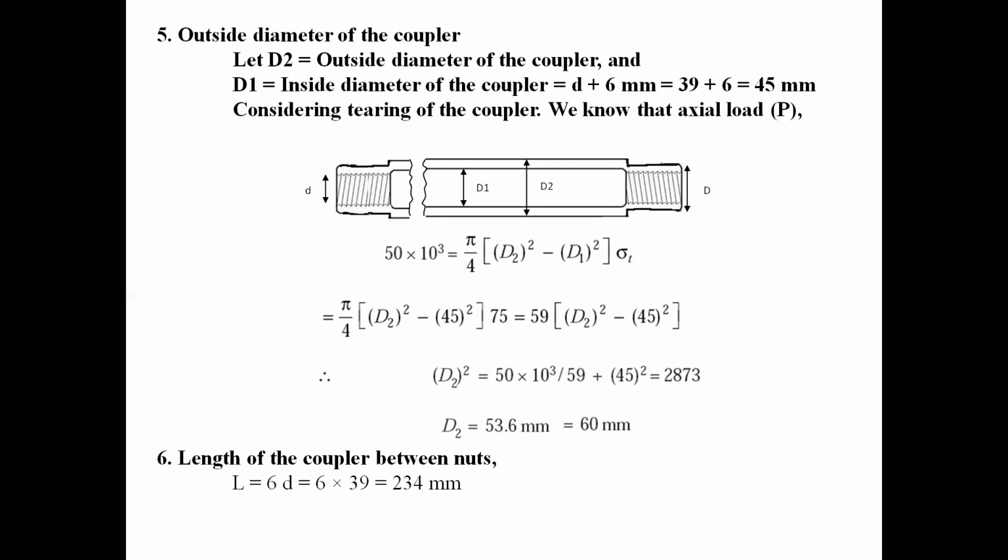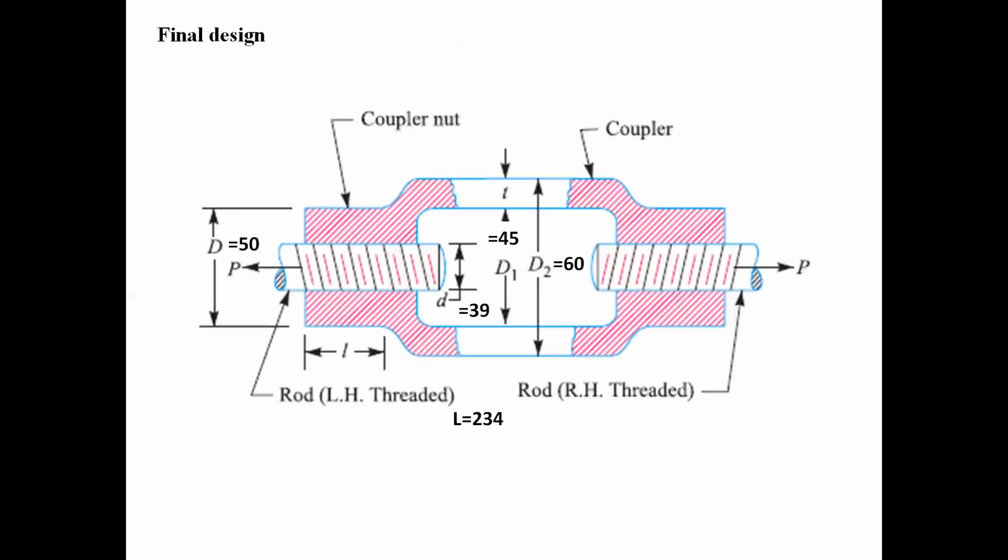If you put all our design dimensions in the figure, there is also a T which comes out 0.5 D. Final design, you can look at the picture. In the final design you will find that all the dimensions are pointed out here. So the small d, the capital D,